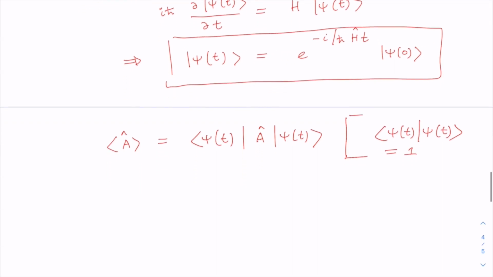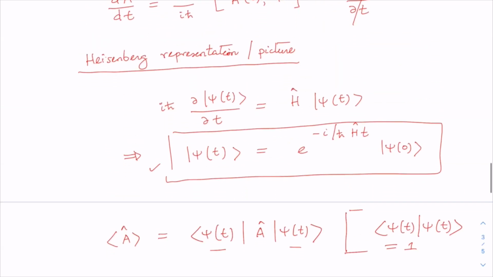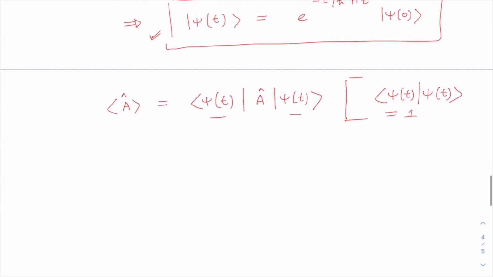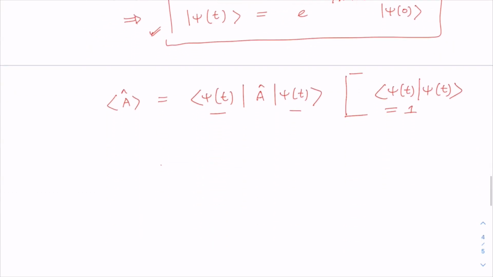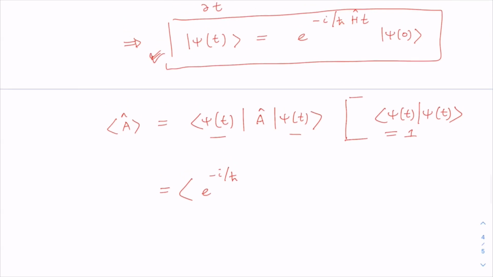Here you see that the operator A is time independent, while the time dependency is in the state vector psi of t. Okay, we can write, using the expression for the time evolution of the state vector, this relation. We can write down the expectation value of this operator slightly differently. What we can do, we can write it as minus i by h cross,